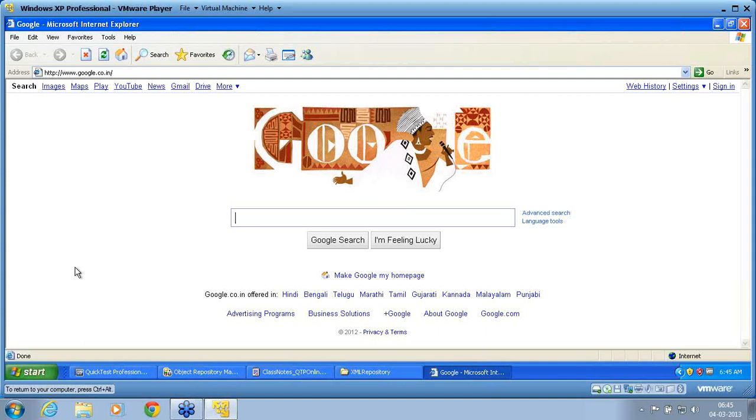QTP then loads the add-in into the memory. It may not be able to recognize all the object classes because the application under test already loaded the objects into the memory. Right? This is the reason you have to be very sure. In case you had a problem where the browser is not recognized, when you are recording on a browser no lines get generated, or when you are spying on the browser object it is recognized as a Win object,